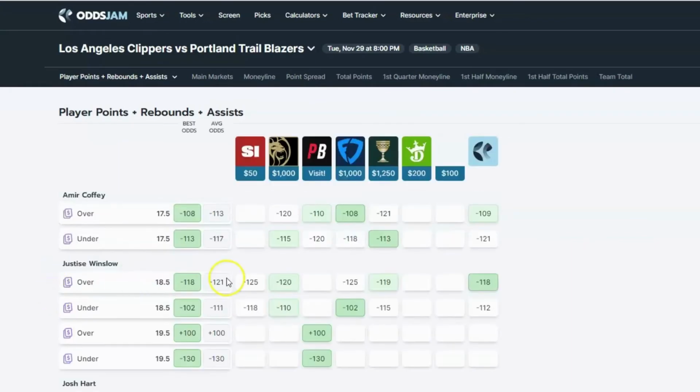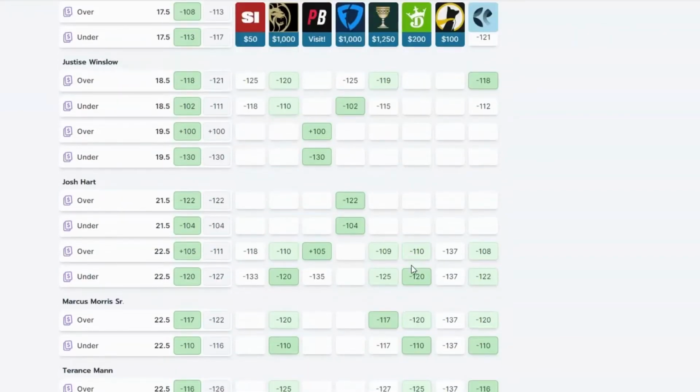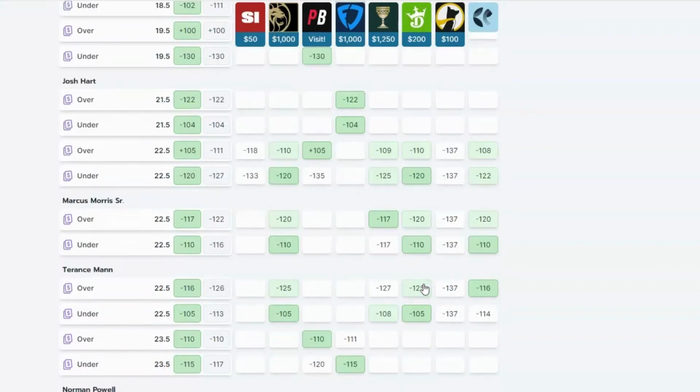But again, I think you kind of know that the free bet is an opportunity to, and here's one that might be a possibility with Josh Hart under 22.5 points. You've got the OddsJam perfect line at -122. Some of the other sportsbooks a little bit higher, so that might be one you want to consider. And again, this is how you use OddsJam to create maybe actually better one here. You got Terrence Mann under 22.5, so at -105.